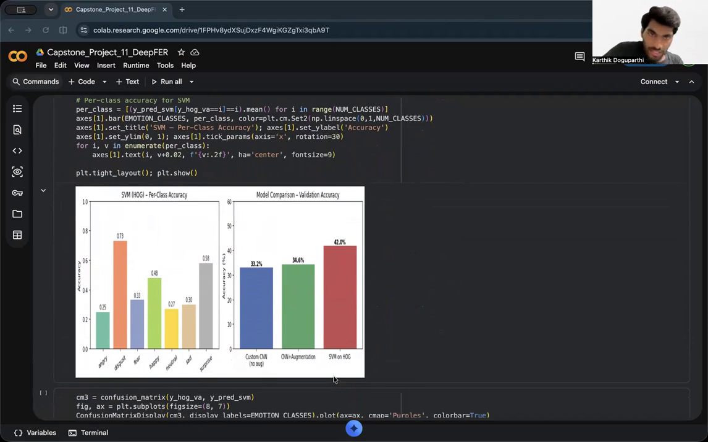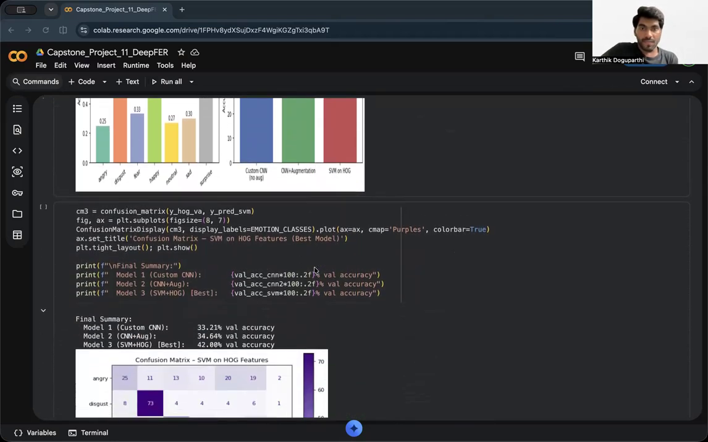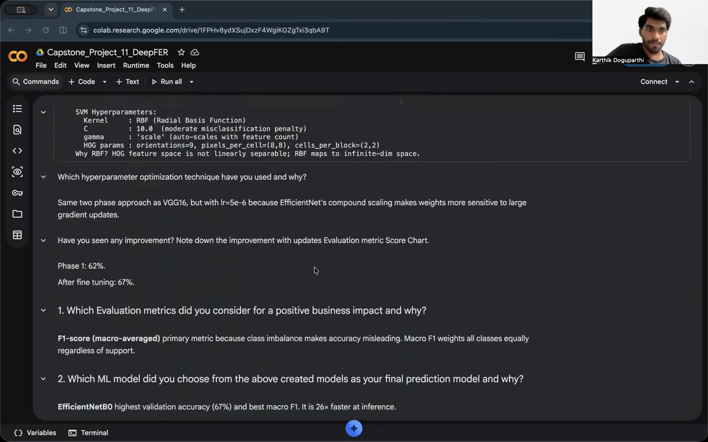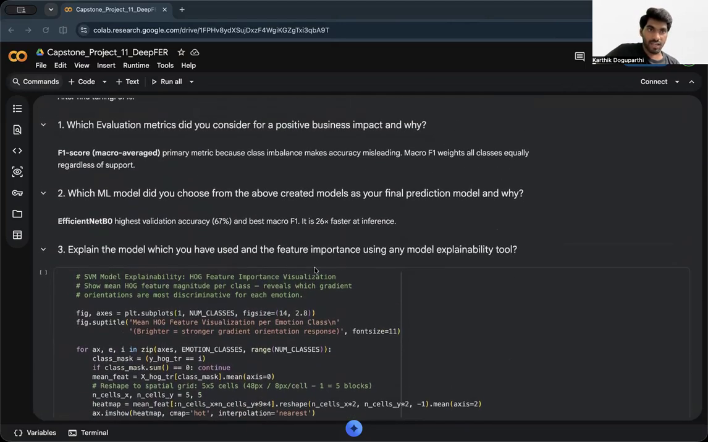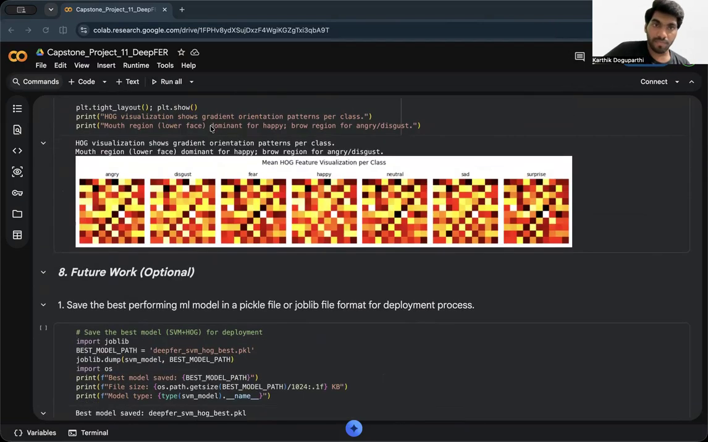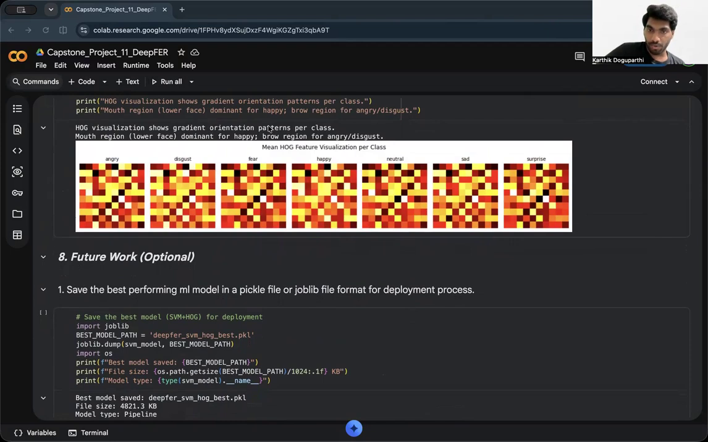As you can see, the validation accuracy is 33% for the CNN model, 34% for the augmented CNN model, and 42% for the SVM model. So we can say that the SVM model is the best match for our model. And this is the confusion matrix for our model. And this is what I've told, that my third model is the best model for our